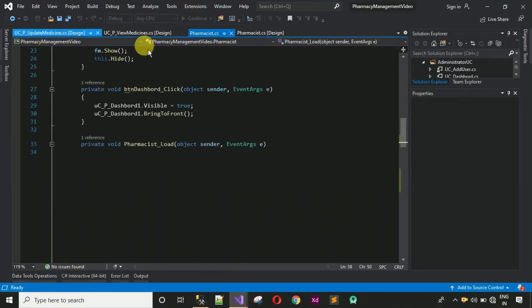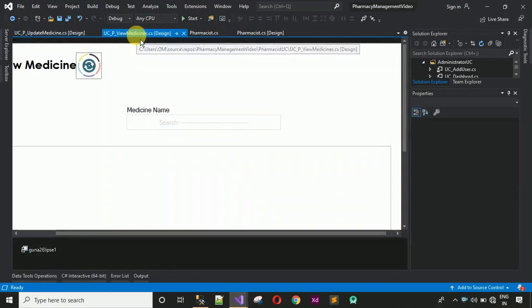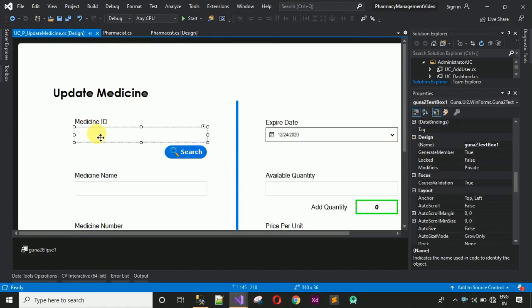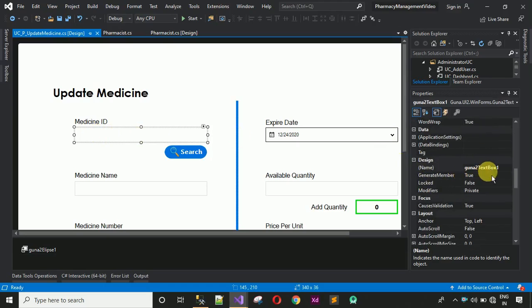Before doing anything with that search button, we first have to code with this one. Let me close this view medicine part, and the first thing we have to do is change the design names for these controls. So change this one to txt medicine ID. Click on this and change the design name of this one to txt medid,